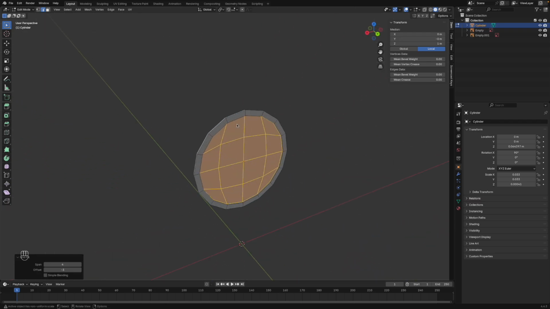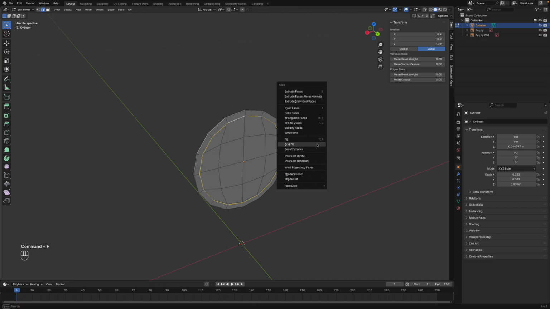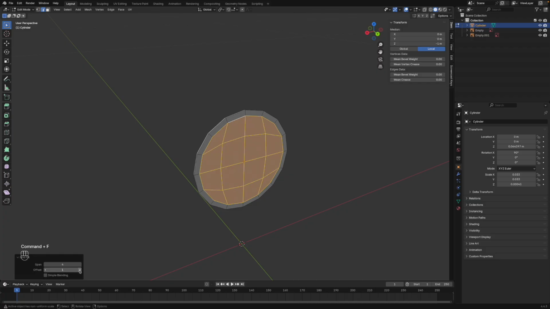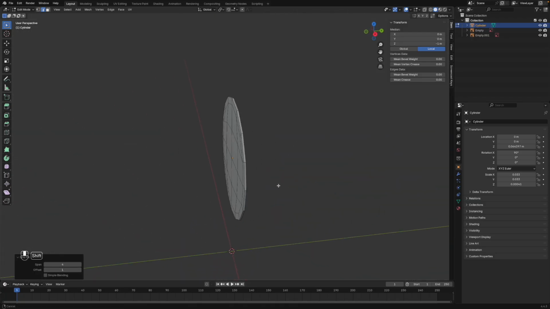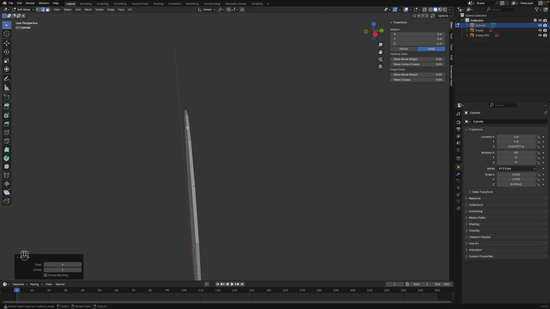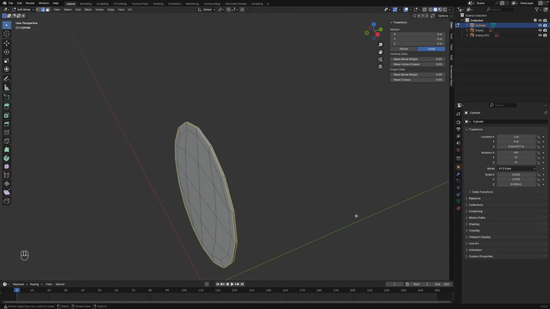Now I want to do the same at the back side, so Ctrl F, grid fill, and rotate it to position. And now as you can see, this blade is not very sharp, so what we can do is select this whole loop. By pressing Shift and Alt we can select the other loop and scale it in on the y-axis